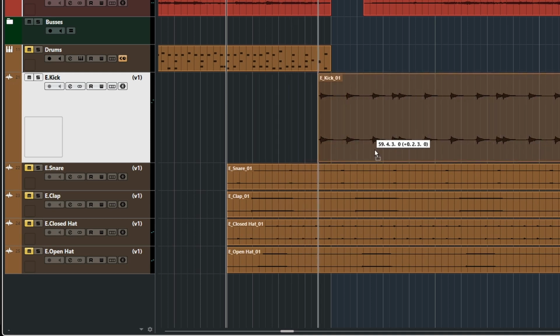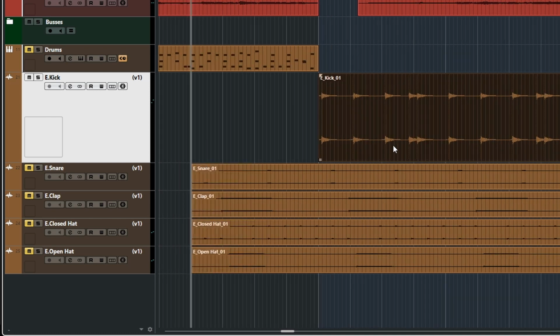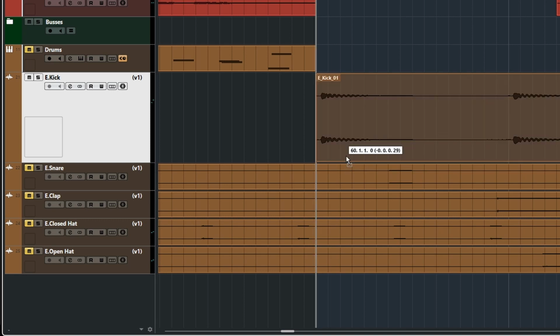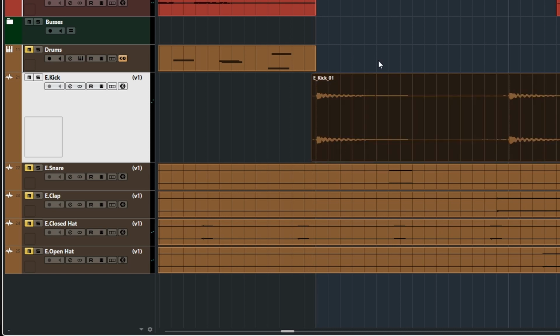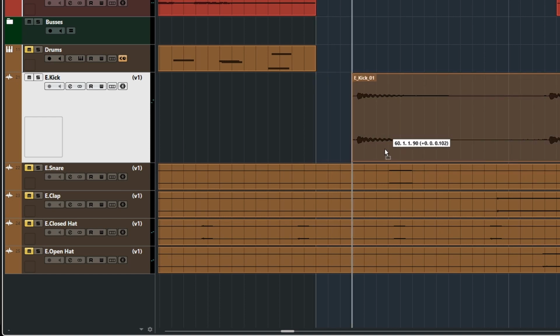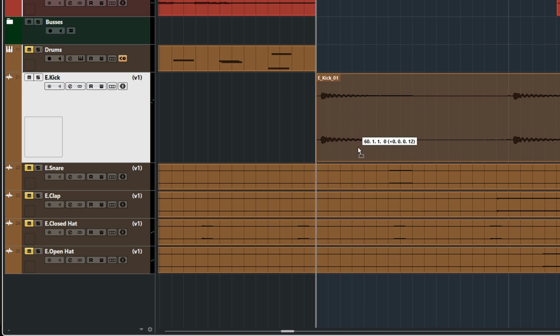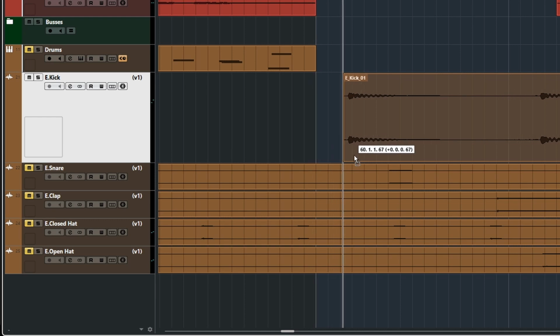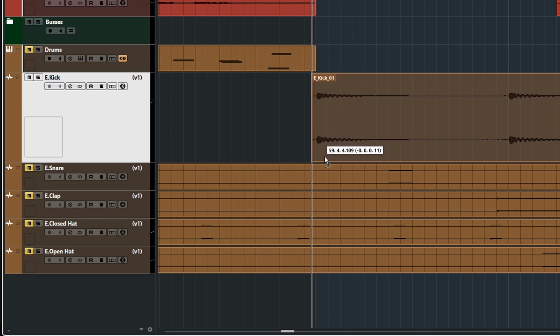All right, so now what I'm going to do, I'm going to zoom in pretty far because this is not perfectly lined up. I'm going to trim that. And what I can do is just drag it back. Now, if you've got it locked to grid, you'll find that you can't go past it. Now, you can turn that lock to grid off or snap to grid, but you can also temporarily bypass it by holding down the control key, and that way it's not locking to the grid anymore,